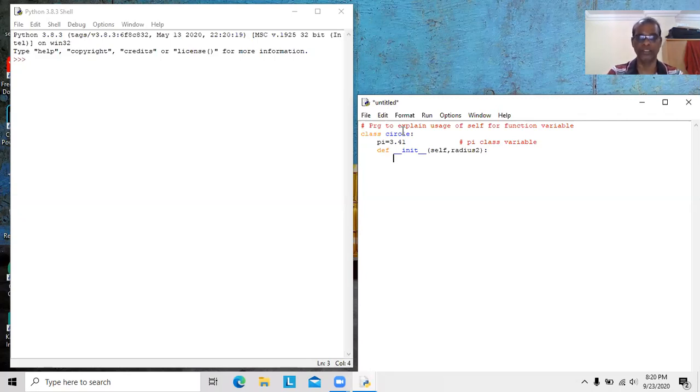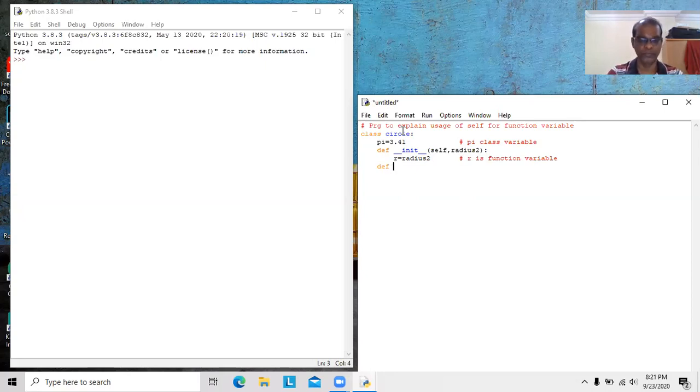Okay, that's good. Here I would like to put self.r equal to radius. Here in this case, r stands for radius. r is a function variable. So this is one method.